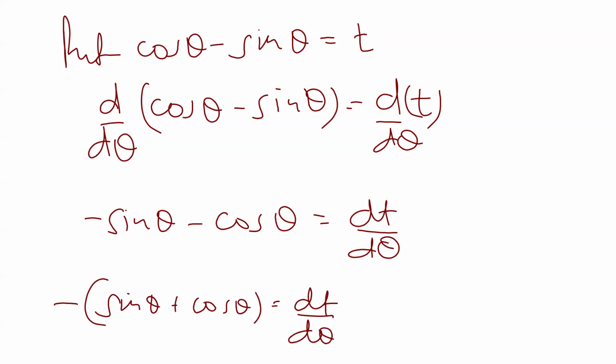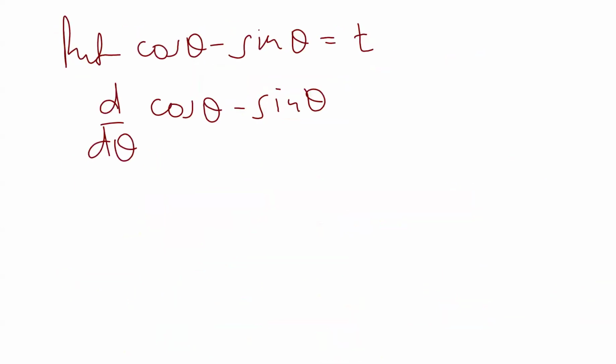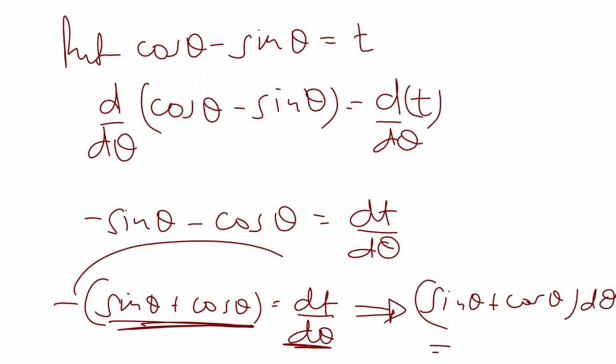Now we'll observe equation number 1. This is equation number 1. Sin theta plus cos theta d theta. So here also sin theta plus cos theta d theta is equal to minus dt, with the minus sign on the right hand side. Okay, so from 1,